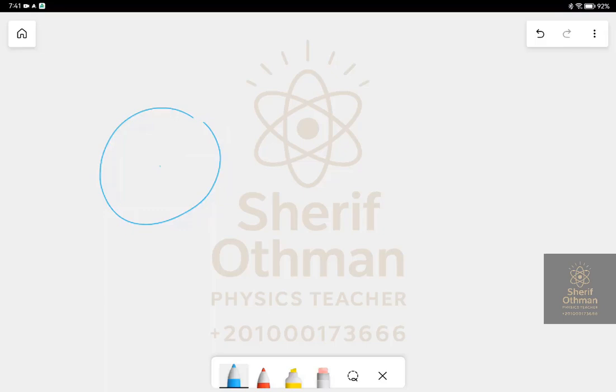This object is moving under two forces. One of them is the centripetal force, and the other one is the tangential force, which is represented by inertia. Here is inertia, and here is the centripetal force. The two forces are perpendicular to each other, and they must be perpendicular to each other. This rotating object